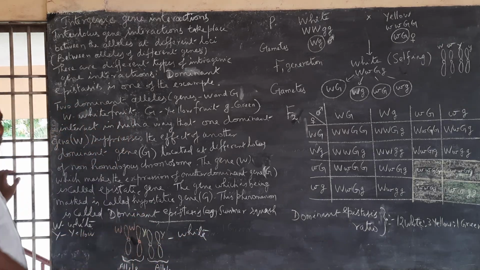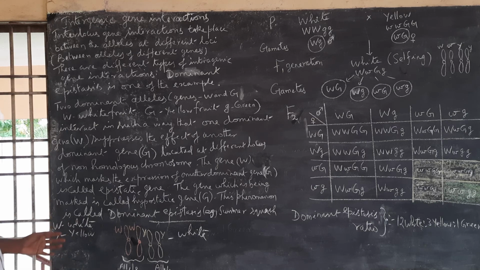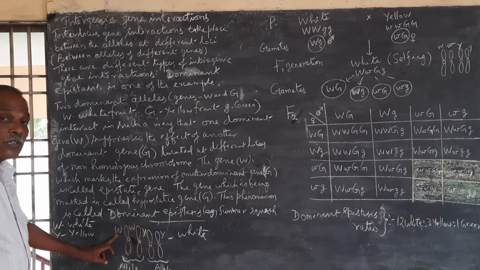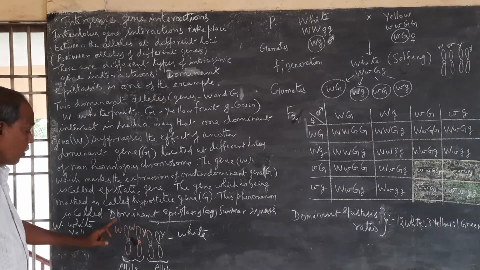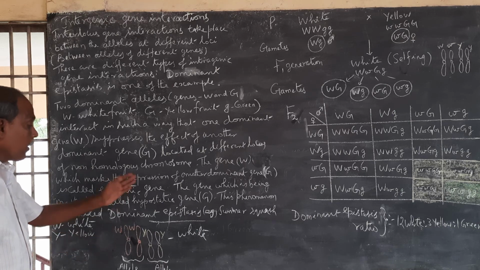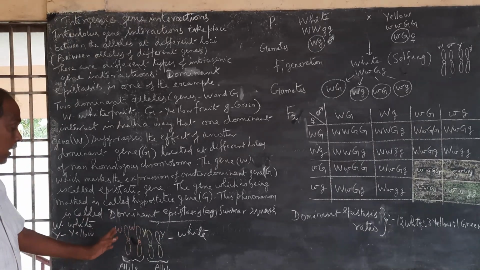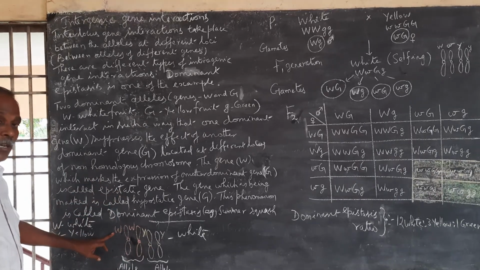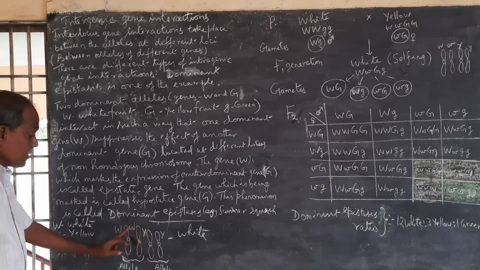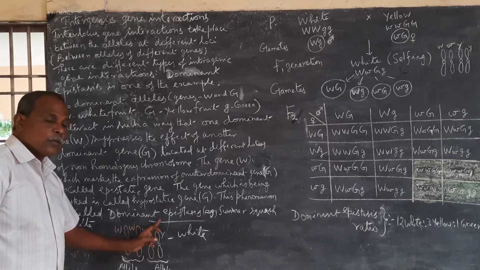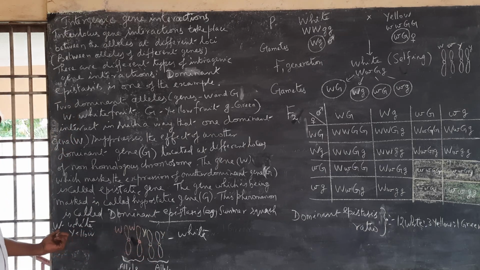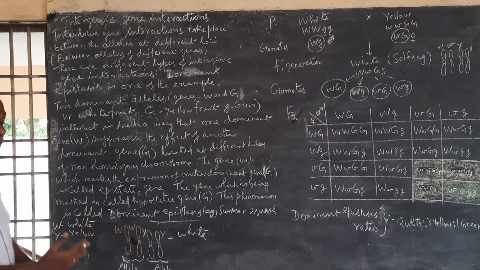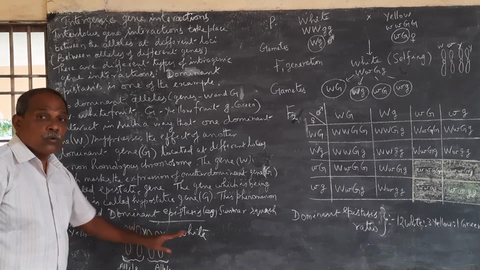So that's gene interaction. What kind of gene interaction? Intergenic gene interaction. Two non-allelic dominant genes interact in such a way that one dominant gene produces its effect, its phenotype, even in the presence of another dominant gene. In that condition, one dominant gene, capital W, suppresses the expression of capital Y, inhibits the expression of capital Y. Capital W controls white color fruit, capital Y controls yellow color fruit. But when these two genes are together, white is epistatic to yellow.